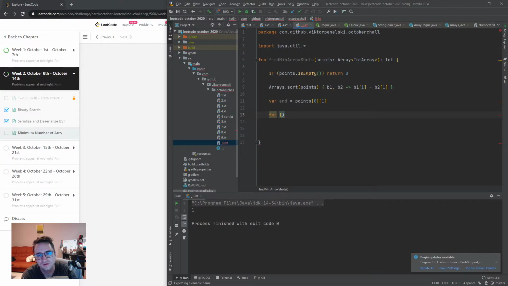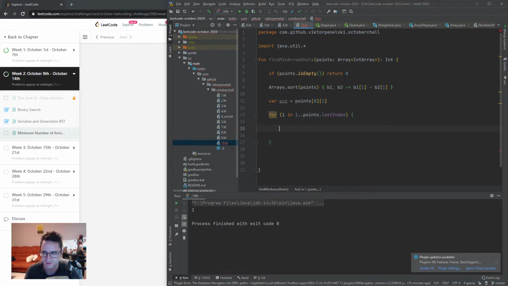for I indexing 1 to points last index. I'm pretty sure this is inclusive. I need to learn how to use Kotlin better. I keep forgetting whether the range with dots is inclusive and until is exclusive. I think until is exclusive. So yeah, this is good. So for I in 1 to points last index, I'm gonna say if